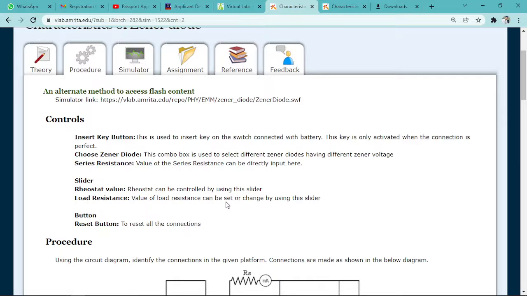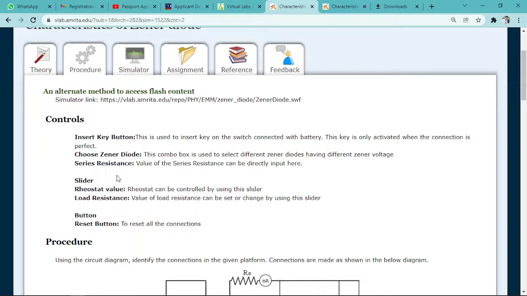One thing I will suggest: if you want to perform the virtual experiment, firstly you need to know what the controls of that particular virtual equipment and component are. Components are given there already, and the controls are most important while performing the experiment. You need to know how to control it, otherwise you will not get the perfect interaction or user interface between that virtual experiment and your knowledge and your handling.